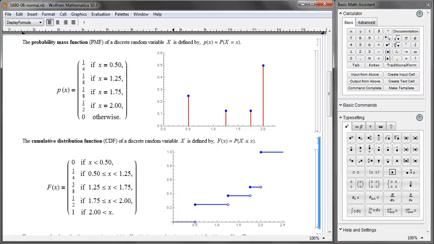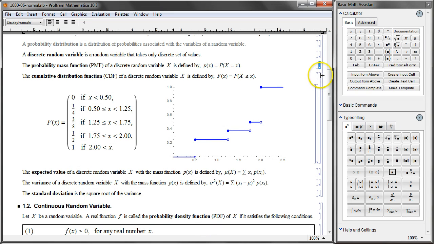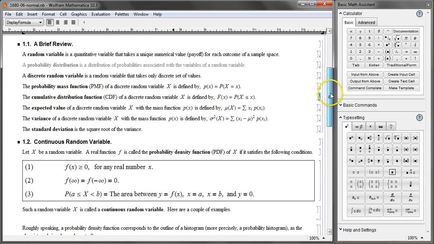So the jump size will become really, really small, and that can be well approximated by a continuous function that is steadily going up from 0 to 1. And that's how the discrete and continuous random variables are related, and how the continuous random variable can be used to approximate discrete random variables,